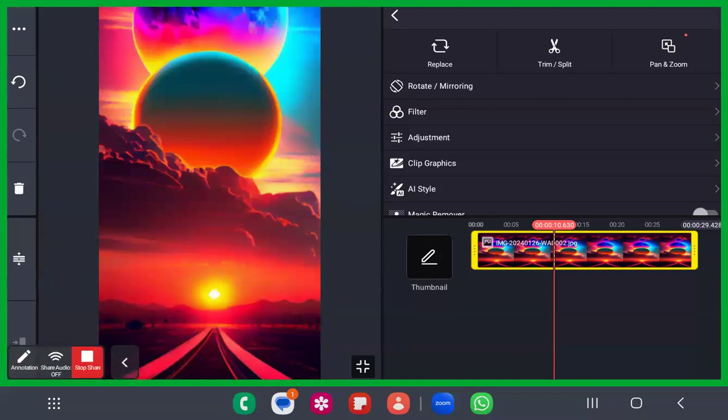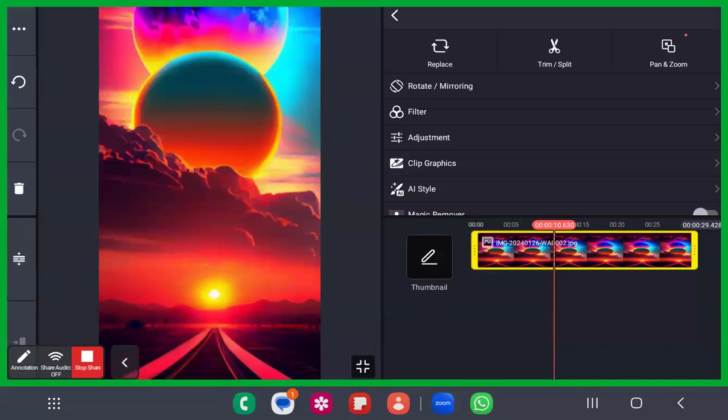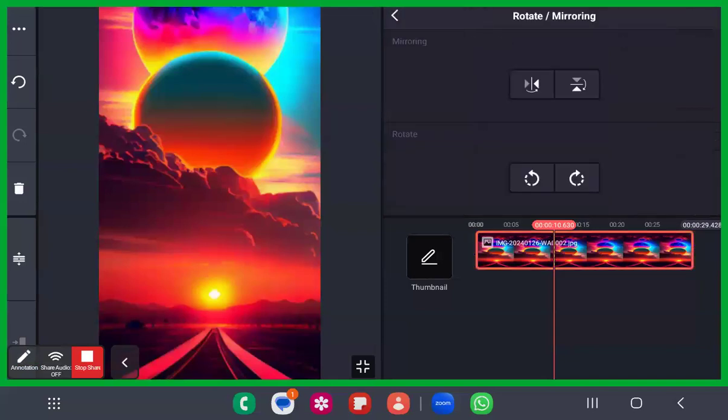So now we are heading on to the next advanced tool of photo editing. It is nothing but rotating or mirroring. Fine. That's the next editing tool, rotating or mirroring. We will see what this rotating and mirroring looks like. Please give it a try, dear sisters and brothers. Try it with the photo that you have inserted there. Come on. Click on rotate or mirroring.